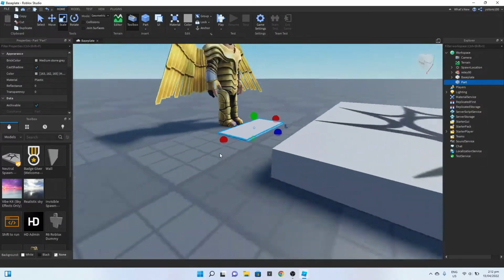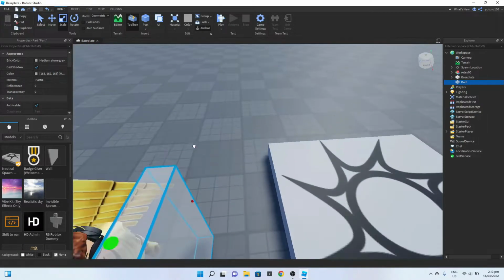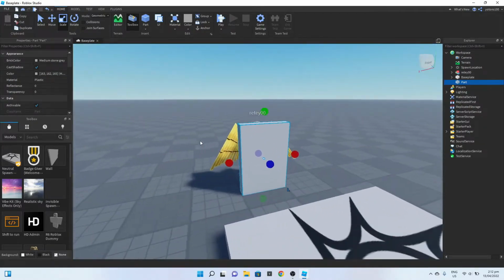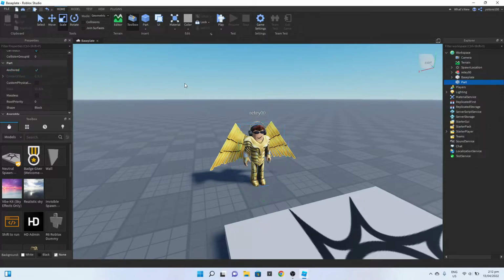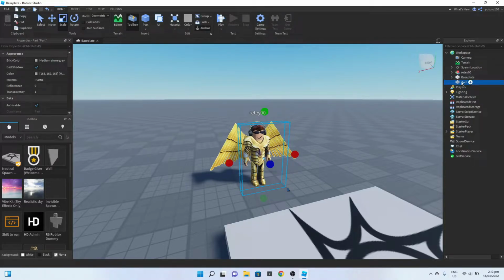you can add in a part and move this part in front of the NPC. Scale it up like this. Make it transparent. Make CanCollide false, and also anchor it. There we go. Now that you've got this part, I'll just rename it Quest Part. Once you have named it Quest Part,